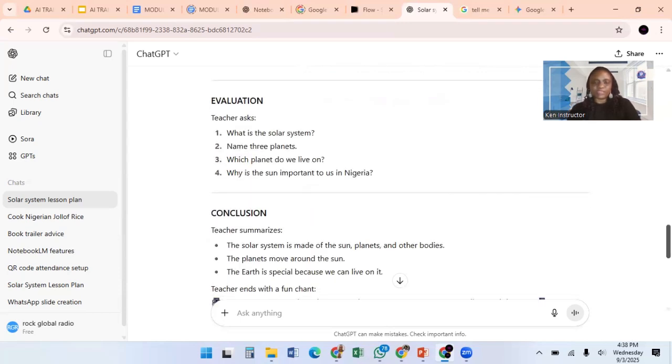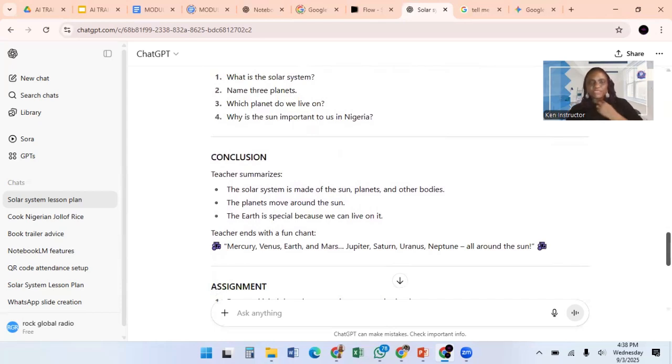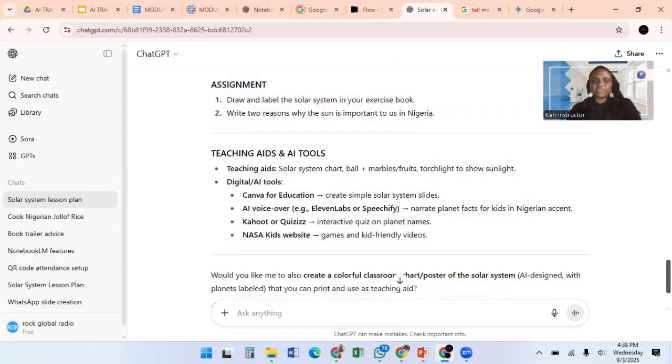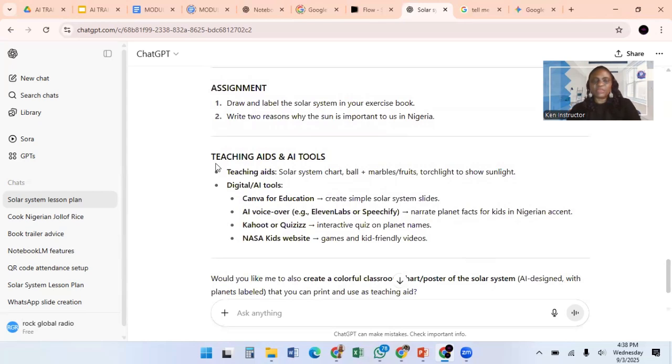So there's the conclusion. Say the teacher summarizes the solar system is made of the sun, planets, and other bodies. The planets move around the sun. The earth is special because you can live on it. Teacher ends with a fun chant: Mercury, Venus, Earth. So interesting. And then there's the assignment. This is also an interesting part. We requested for teaching aids and tools that will make the topic even much easier, interesting. And there we have